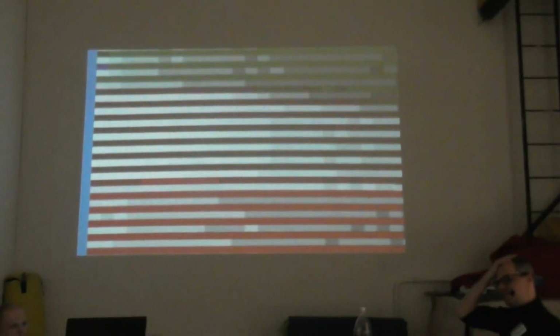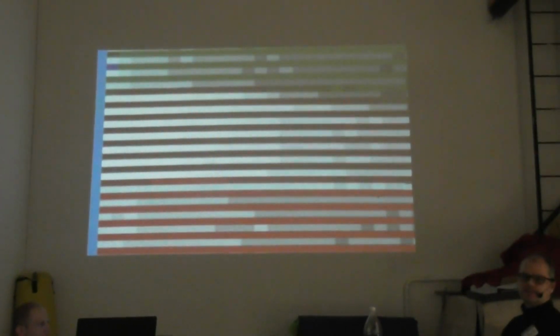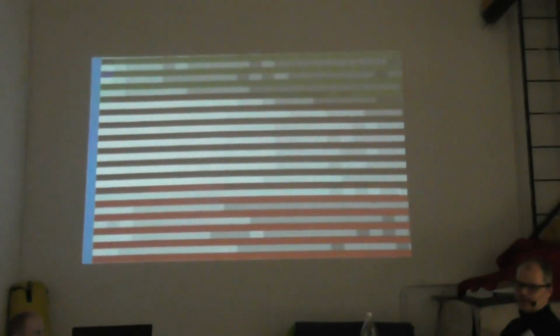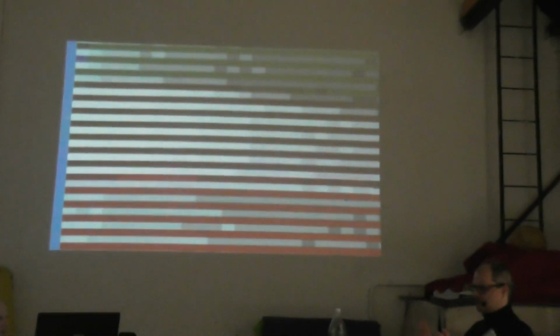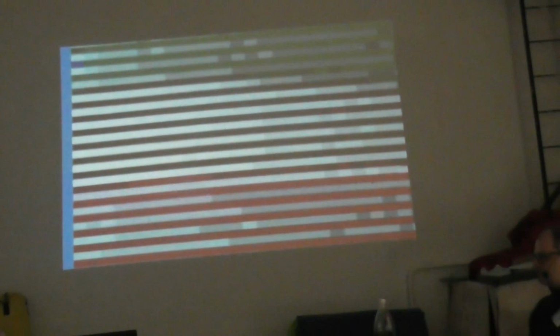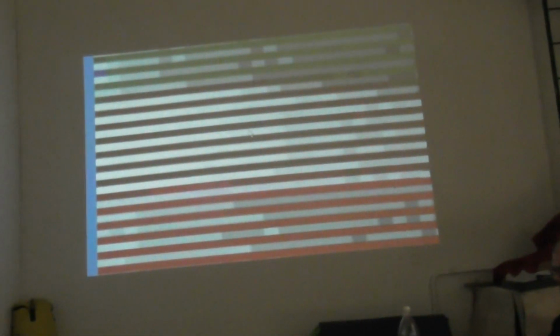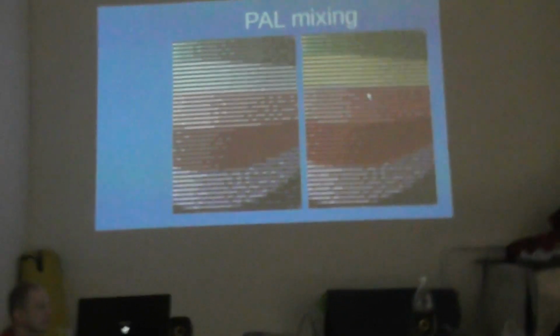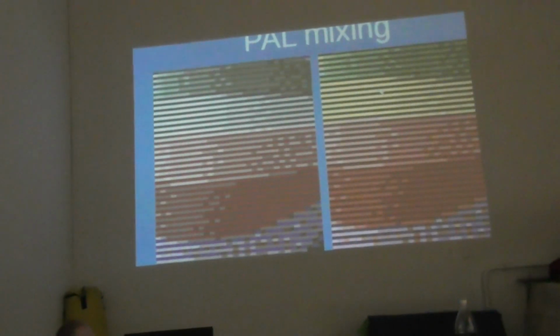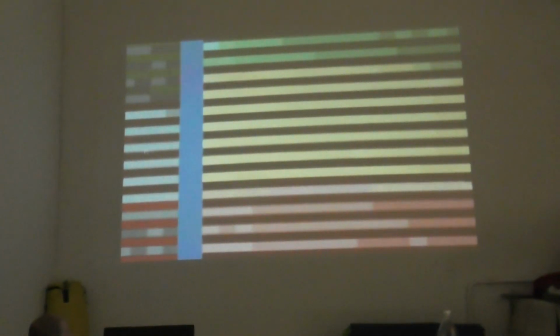But typically on Atari this has been used with modes which have 80 pixels resolution, which is pretty low for pretty much everything, especially for things like faces and photos, so that's why I didn't like it. Anyway, the base of the technique is the same, and if you look on the right side where the PAL mixing is turned on, you can see that where here is gray, here is yellow, because the color is taken from the previous line. This is a feature of PAL, which was